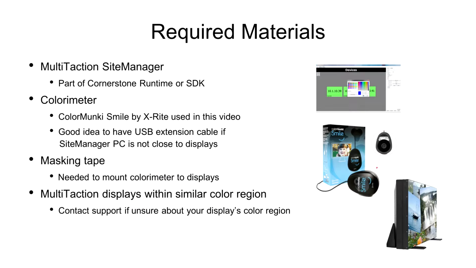To begin, we'll need the following items: MultiTaction SiteManager, Colorimeter tool, masking tape, a USB extension cable, and finally 2 or more MultiTaction screens that are within a similar color code region. If you're unsure that your screens are in a similar color code region, feel free to contact MultiTaction support and provide the serial numbers of your displays. Color code regions are important, as if the screens are too far off from one another, color calibration will not